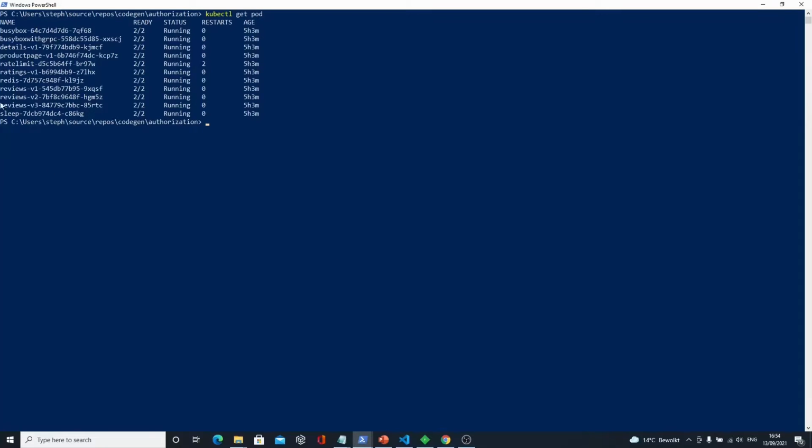I've installed this in the default namespace, and you see we have the details service, the product page, rate limiting, and reviews. That corresponds to the diagram that I've just shown you. I'm going to port forward the port of the product page to my localhost, so that I can browse to that page.